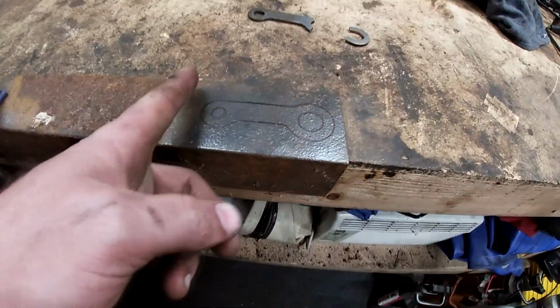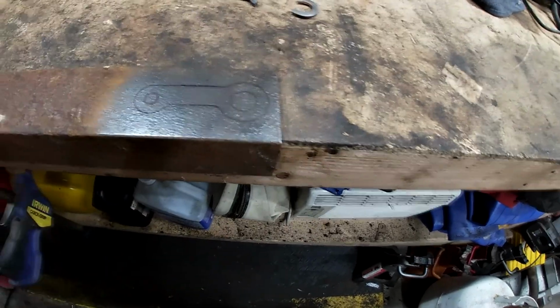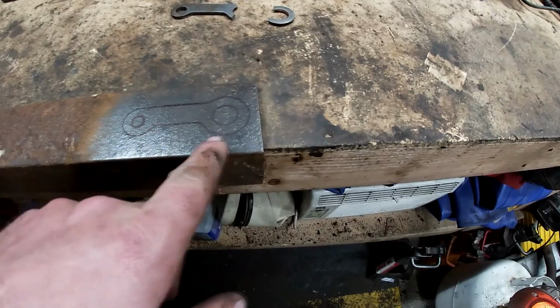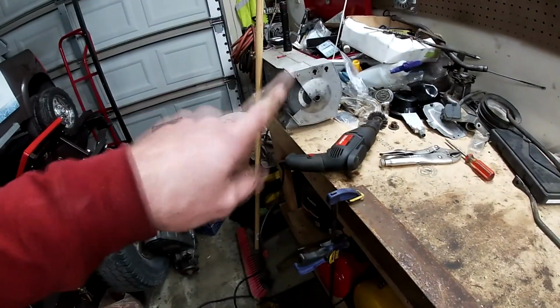And on this, we're just going to cut it off right there. I'm probably going to go down right there and cut it off. So this piece is free. And we're just going to kind of work around this. Once I get it close enough to this, we're going to go over to the bench grinder and then just